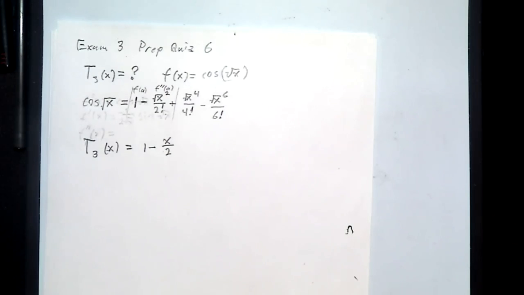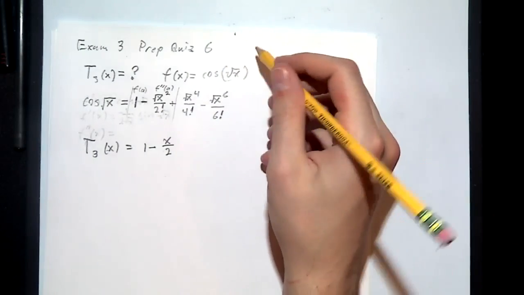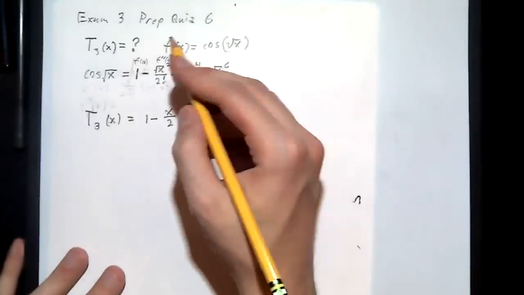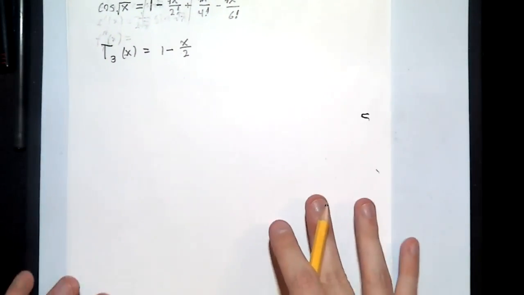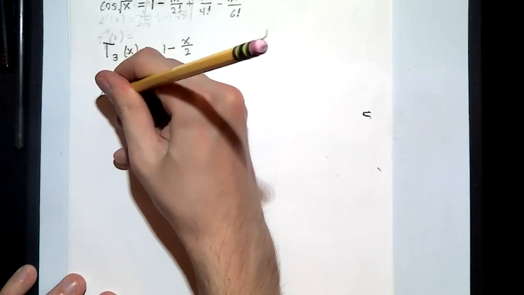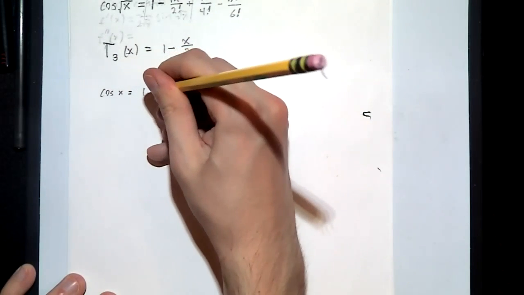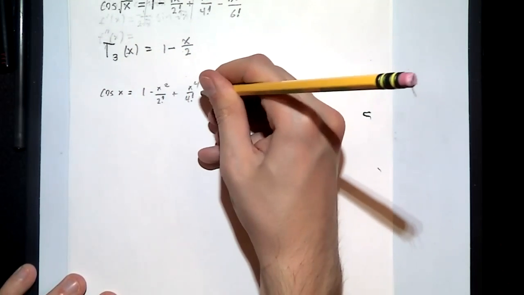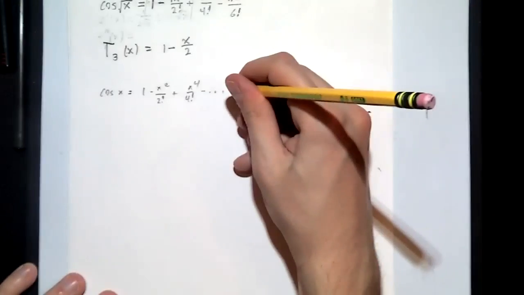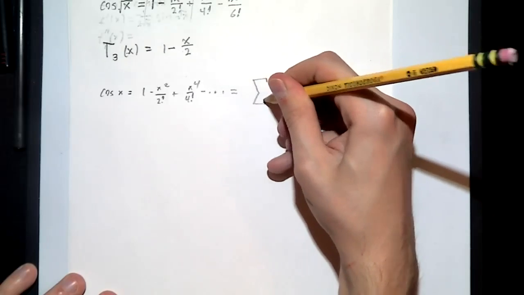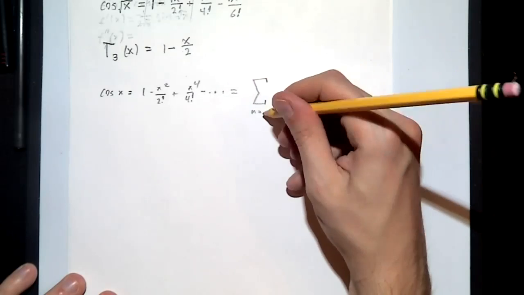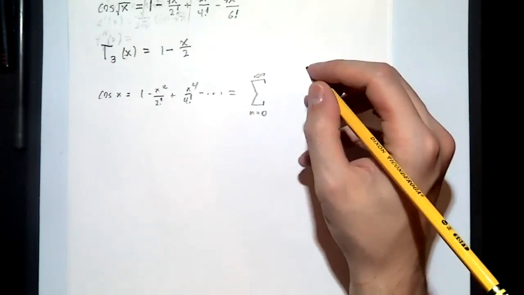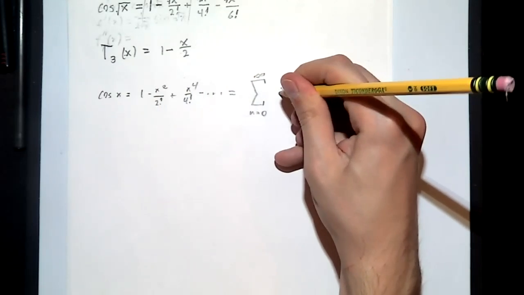Kinda. Let's see. Trying to think of a good way to describe it. So effectively, our Taylor series, we can write out a bunch of expansions. So we know that cosine of x is equal to 1 minus x squared over 2 factorial plus x to the 4th over 4 factorial, and then minus yada, yada, yada. So this we can also write into a form, n equals, do I want to start at 0? I think I just want to start at 0, to infinity, where we have x to the 2n